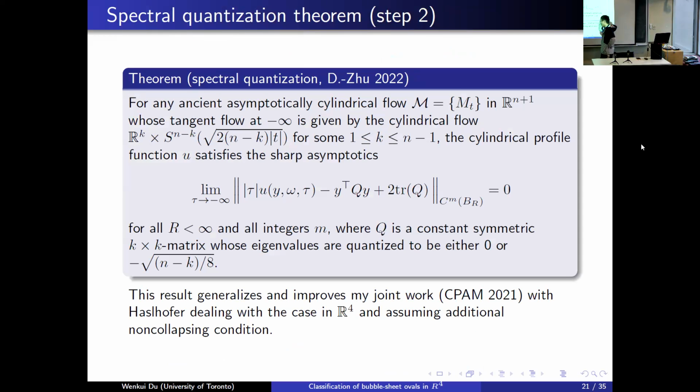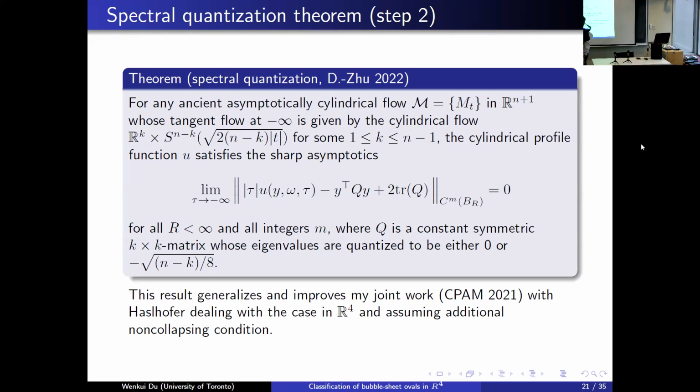So in the 4-dimensional case, in my joint work with Bob, we basically proved the following theorem, but in the Ancient non-collapsed setting, and later in my joint work with Zhu, we removed this non-collapsing condition and generalized it to all the conditions. The following theorem is called spectral quantization. It says that the asymptotic behavior of this asymptotically cylindrical flow, its profile function,